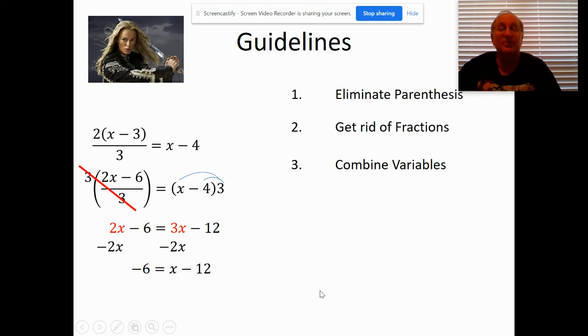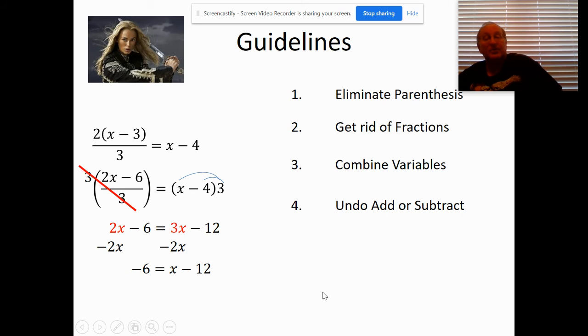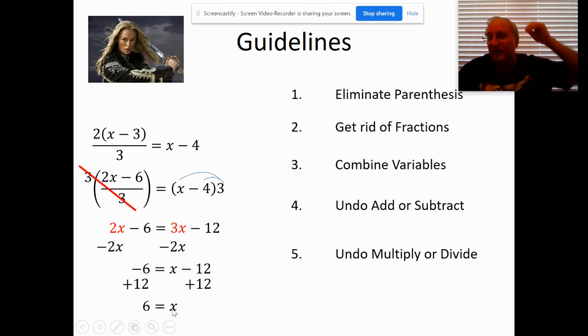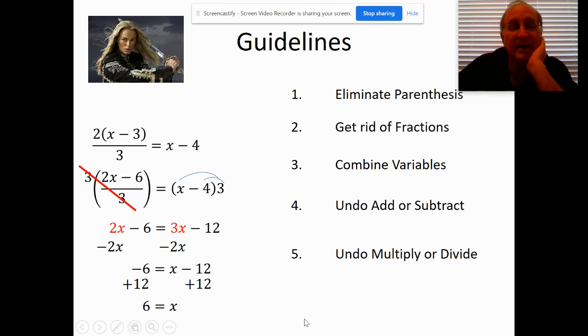So now what I would do is this. I would undo the add or subtract by adding 12, because by that I'm talking about the side with the variable on it. If you add 12, you end up there. Now, there would be another step, possibly undo a multiply or divide, like if that had been like a 2x there, then I would have divided by 2. There's not on this particular one, but this is the general guideline that I normally go through to help solving